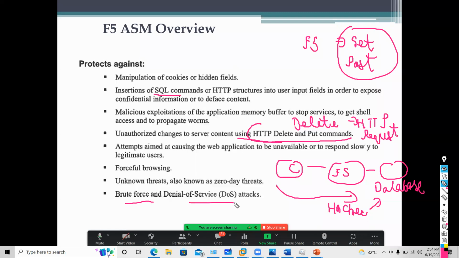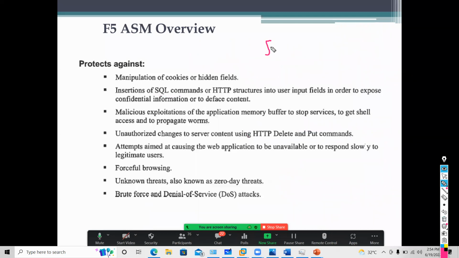So guys, that is very important. Nowadays, you should know what the firewall will prevent and what ASM will protect. That is why nowadays everyone is following a hybrid architecture. In a production environment, people have a firewall also. People have a separate DDoS solution also. People have a separate WAF solution also. So that if this gets compromised, this can protect.